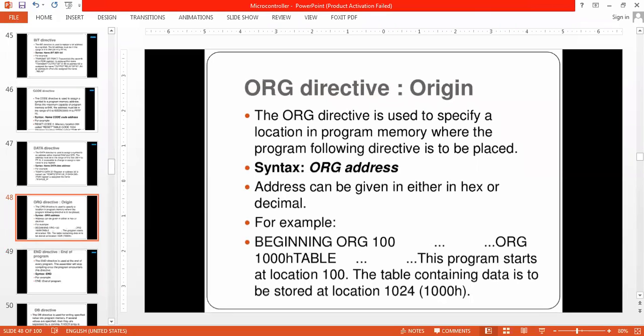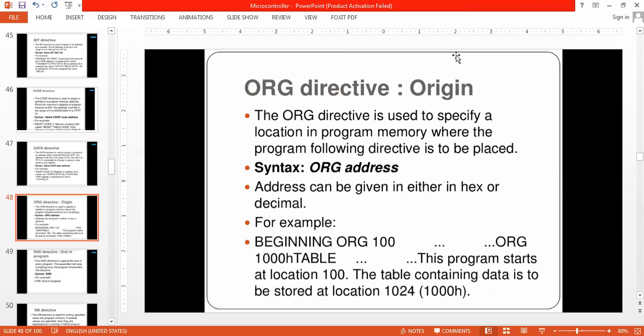The org directive is basically used to specify the location in the program memory from where the program following the directive is to be placed. Org stands for origin. It specifies the location in the program memory from where the program has to start.